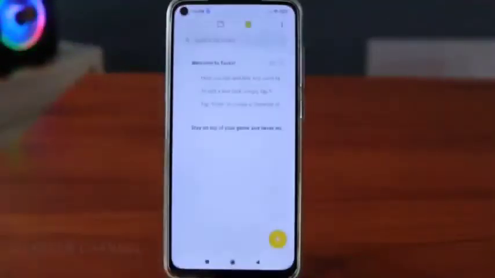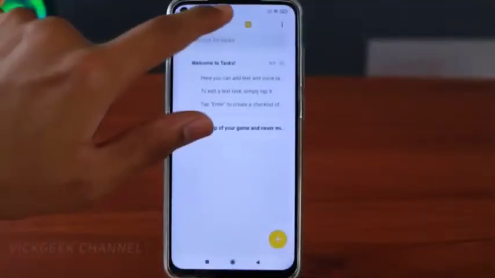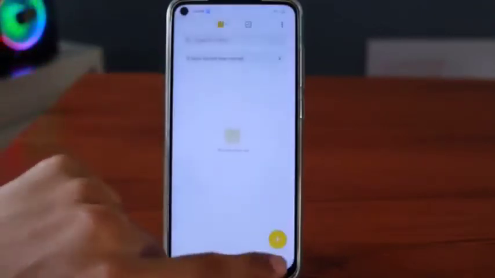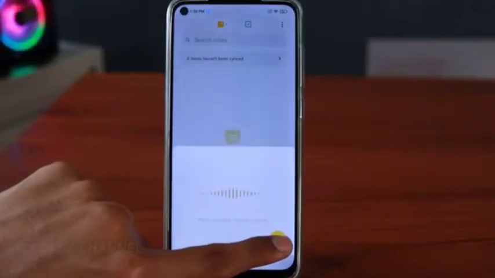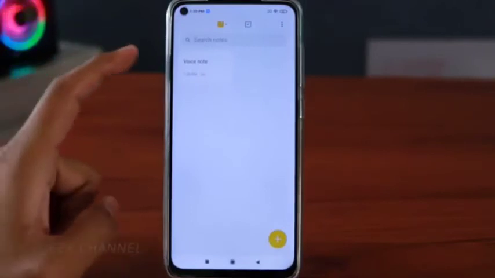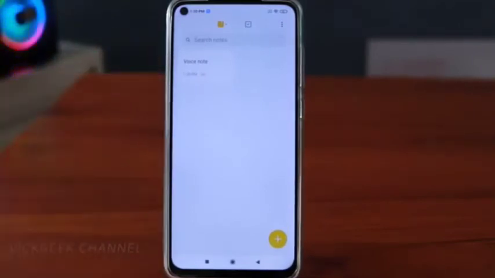You can actually create folders with the MIUI 12 version also. There are notes that you can take. You can just tap and hold to create a voice note, allow for audio. As you can see, as I'm talking here, if I just release, there is a voice note ready to play. This is again a nice thing which is on this MIUI version. Not a lot of OS versions support these things, but MIUI gives this option.